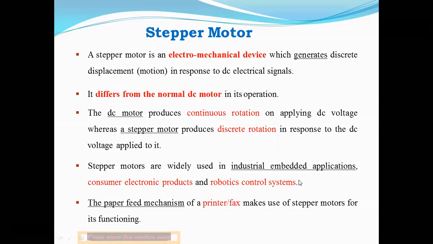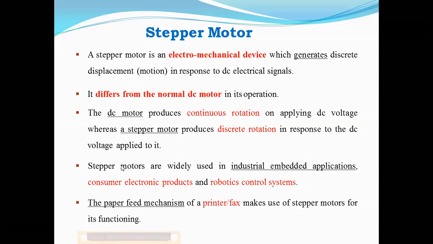So they are basically used in consumer electronic products and robotics. Robotics is the best example. I just told you, a robot has to pick up a part. Suppose, for example, the robot has to move to the left side or the right side, or do a certain rotation. Inside, stepper motors are used. So here they are acting as actuators. That means they are controlling the signal, and according to that it will produce a certain output.